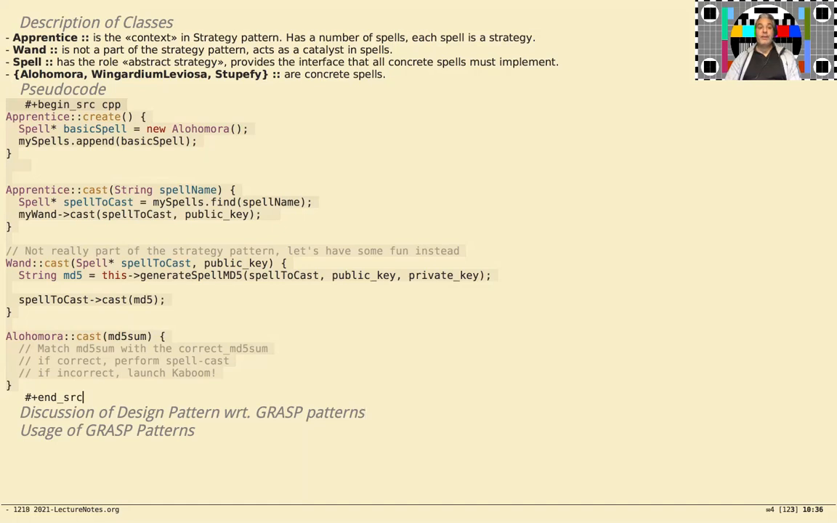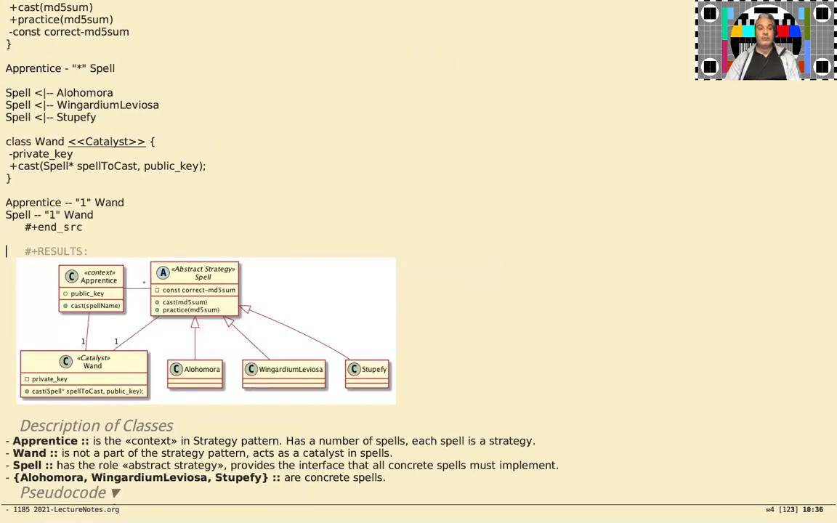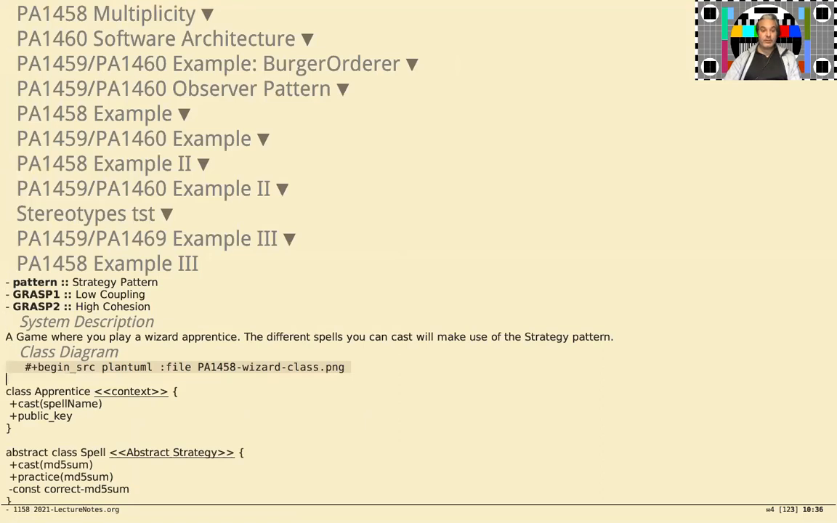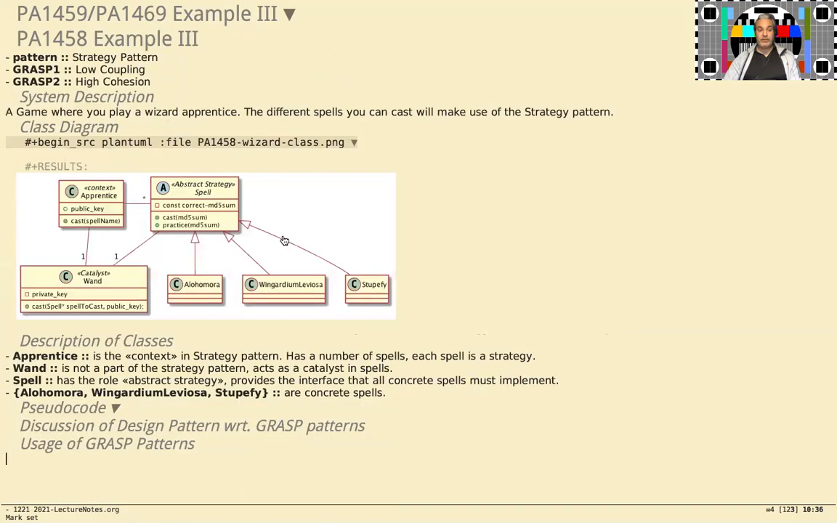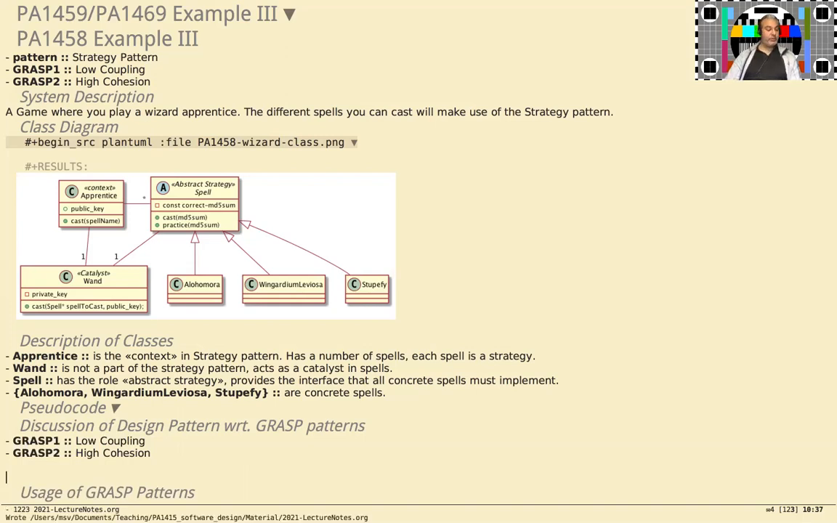So next bit is to take the two GRASP patterns. Let's go up here and then just tidy up a bit. So we had those two GRASP patterns, right? And how does the strategy pattern use these two patterns, low coupling and high cohesion? Well, we can describe then that